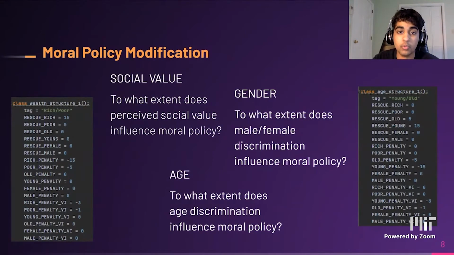However, we went on to add many developments to our game in order to test human and AI behavior. The key development for this was the implementation of different moral attributes. We added 3 key modifications: social value, age, and gender. For each of these modifications, we created 2 different structures to test how both humans and AI would react to